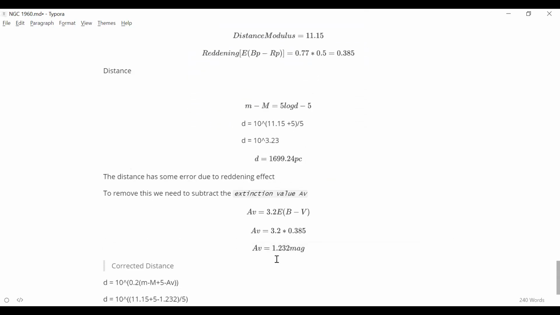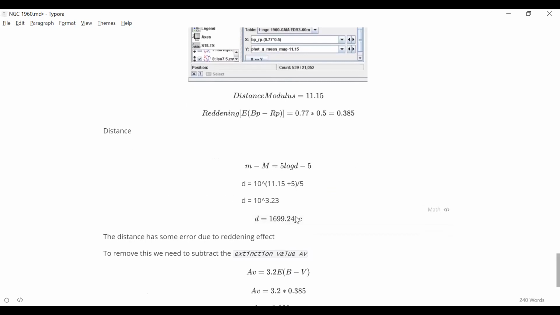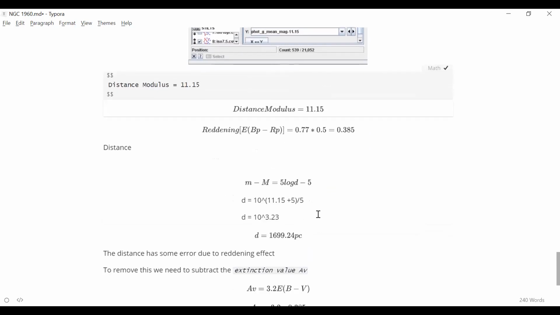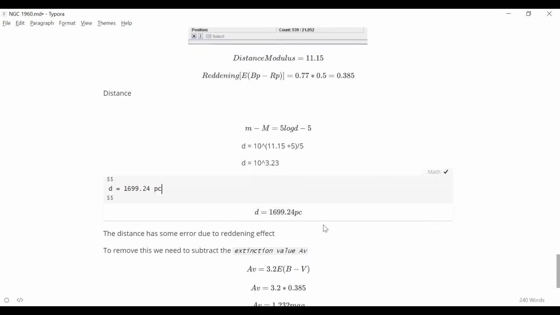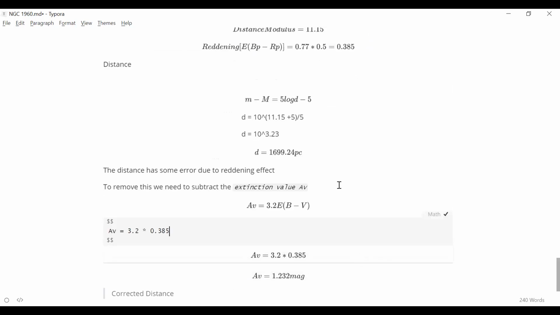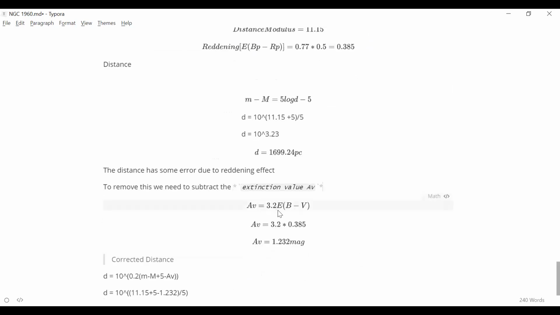And then you've got the distance modulus. By the way, even in the distance modulus you have to put the factor. You'll have to put 5 log D minus 5 plus AV. But this is not AV, this is AG, right? Because this is in G magnitude, so you'll have to do the conversion for G magnitude. Ma'am, but AV I'm calculating using 3.2.